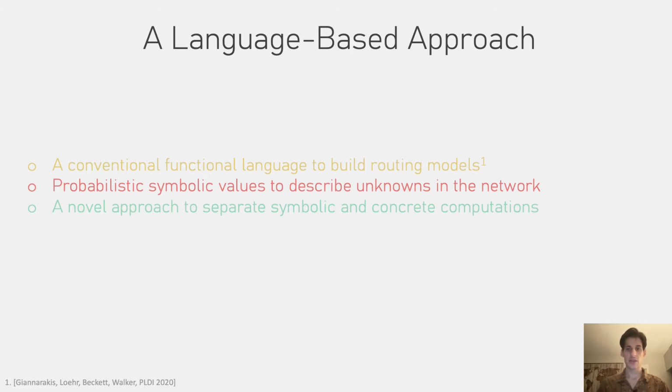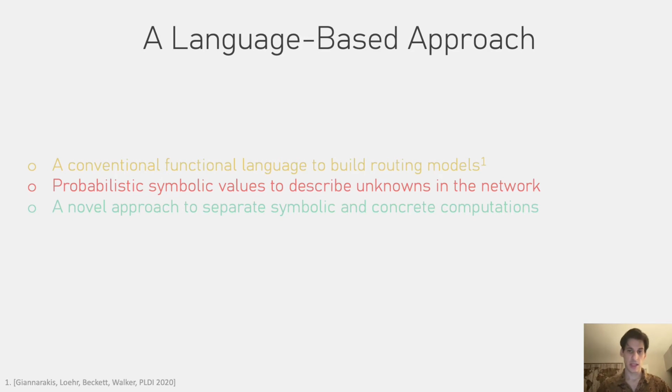We build on a functional language designed specifically to describe the routing behavior of networks. It's a very simple and conventional functional language. In fact, it's simpler than you might expect. It lacks some basic features such as recursion, but despite its simplicity, it allows us to construct very detailed routing models. To model unknowns in the network, we adopt the approach of solver-guided languages like Rosette and allow the user to declare some values as symbolic, meaning that they denote any possibly well-typed value. In fact, users may also specify a distribution describing the probability symbolic equals a specific concrete value.